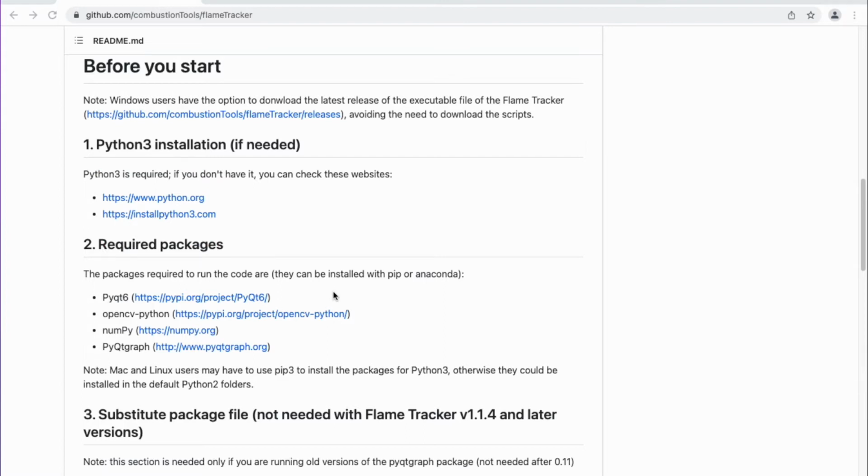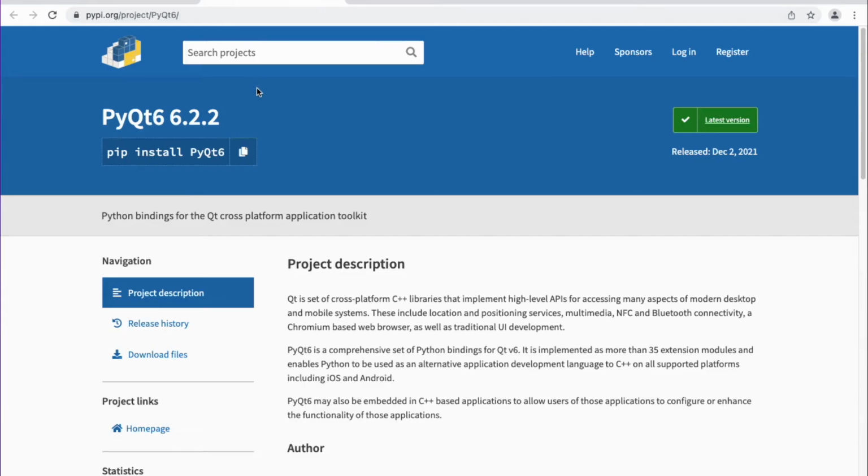The Python packages required for the flameTracker are the ones listed here with the links to their websites. They can be easily installed with the package installer for Python, which is also called pip. And with this method, you can simply copy the command line from the website and paste it into the terminal